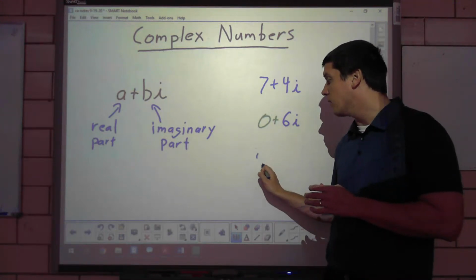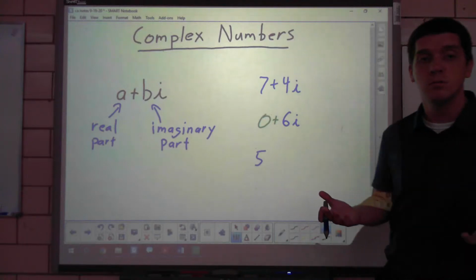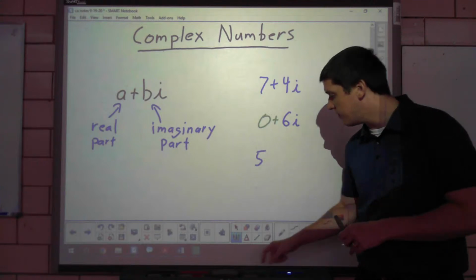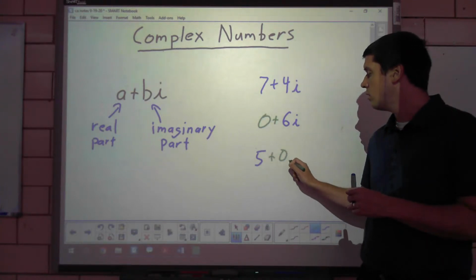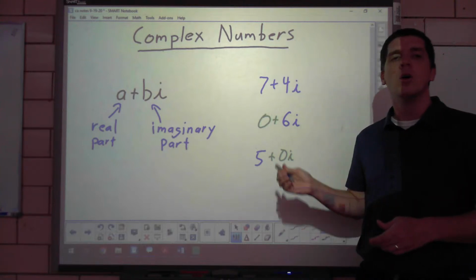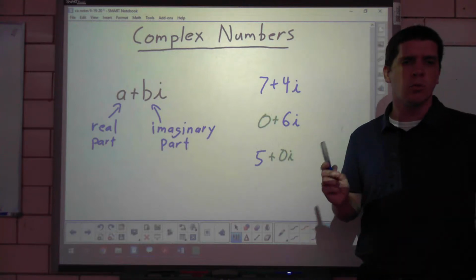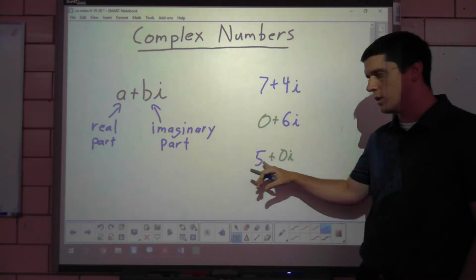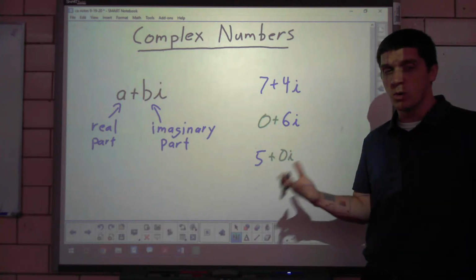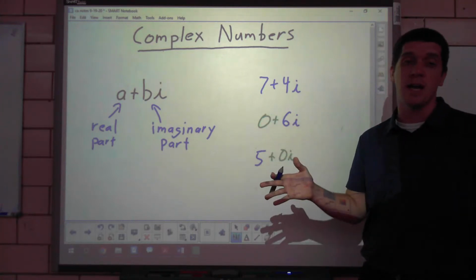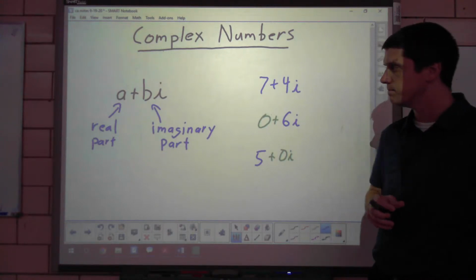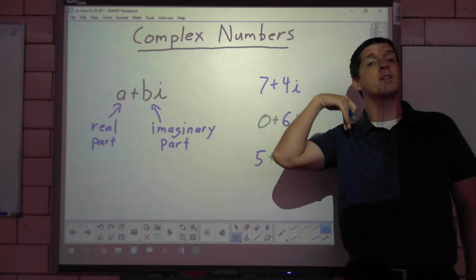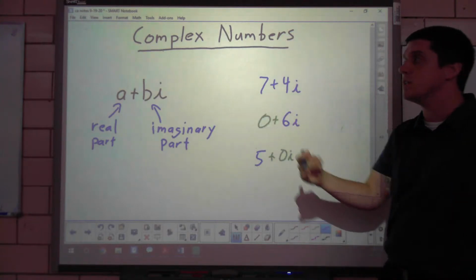What about 5? Is 5 a complex number? Now, we don't often think of it this way, but really it is, because I could say 5 plus 0i. Now, again, would we ever write this out in the real world? No, we'd never write a complex number in this fashion. We'd never say 5 plus 0i. But this is what I want to point out, that any number can be expressed as a complex number. Now, with that, we can go ahead and perform the same operations, the same everything else that we did